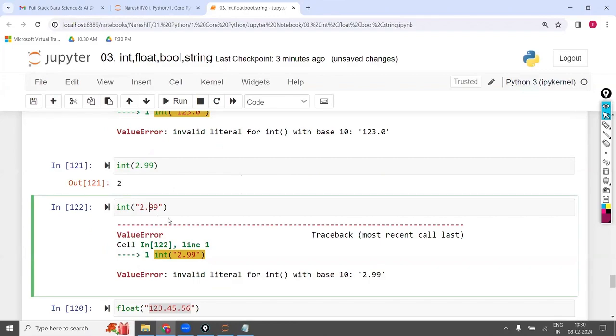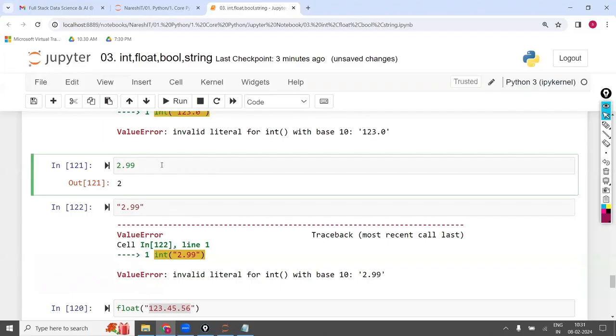I have asked you two questions. The first question is 1 plus 1, and the second question I asked is 45 plus 54. You gave the first answer as 2, and for the second question you have given 2.99. How can you consider that as a single value? Maybe as 2 values, because it is a string now. If it is a string, that possibility is there. When it is float, how will the possibility be there?